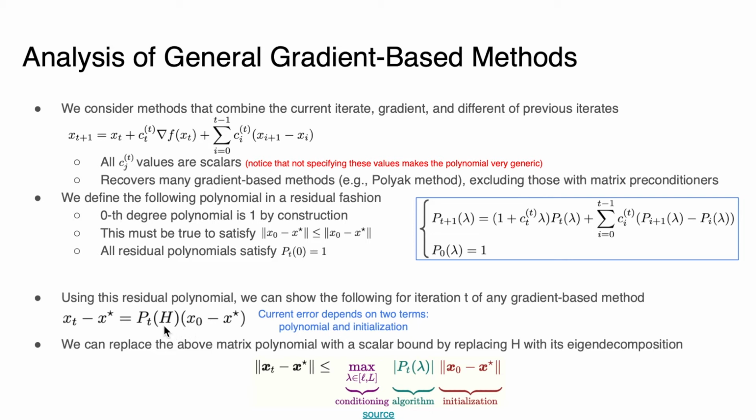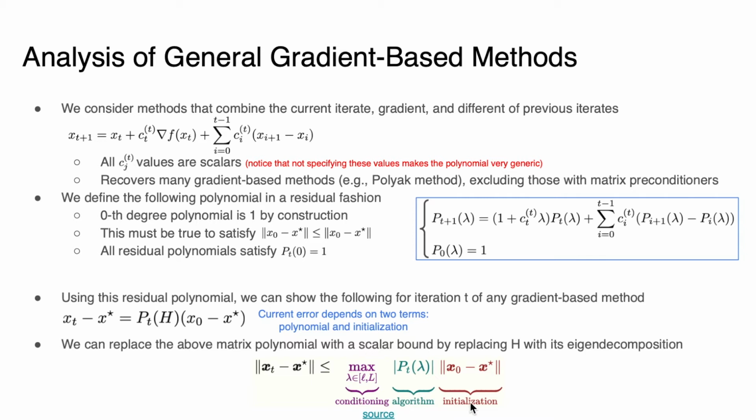And further, if we take the eigen decomposition of H and leverage some special properties of the operator norm, we can express this as a scalar polynomial instead of a matrix polynomial shown here. And we get our final convergence rate associated with this residual polynomial. And the interesting thing here is that our residual at time t is upper bounded by terms that can be